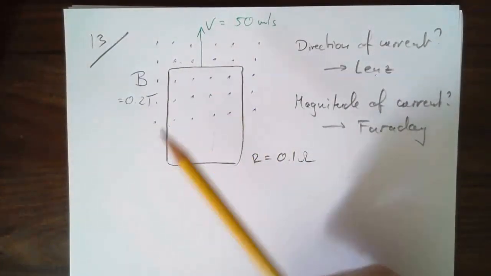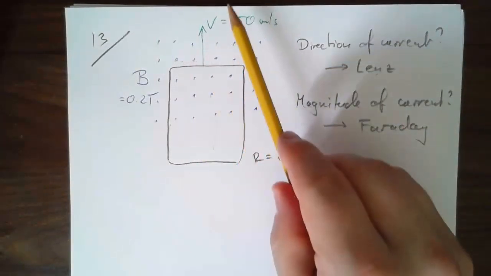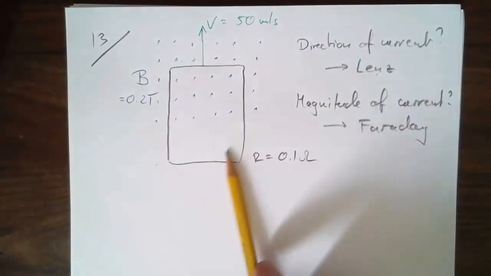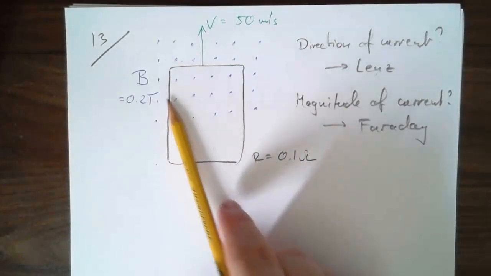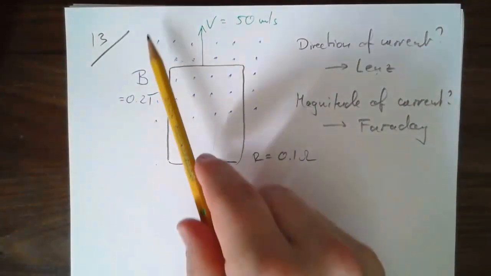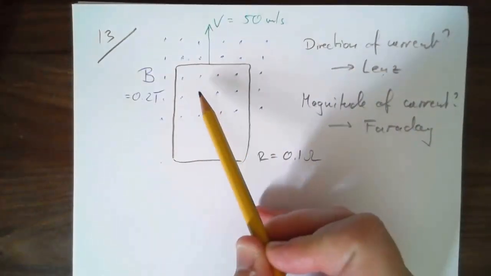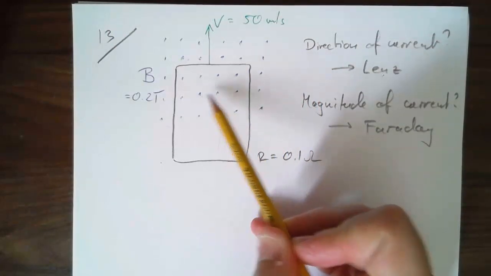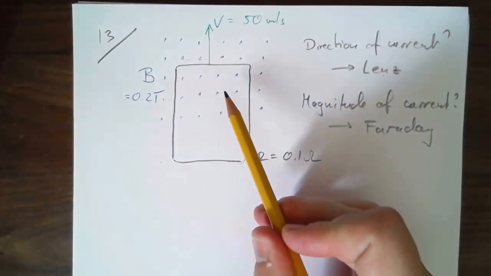The magnetic field points up, out of the page, towards us. As the rectangle moves up, the total flux is going to increase, right? Because a greater part of the area is inside the magnetic field. And so what it implies is that the change in flux, the vector that represents the change in flux, also points in the same direction as the field, namely out of the page towards us. Then by Lenz's law,